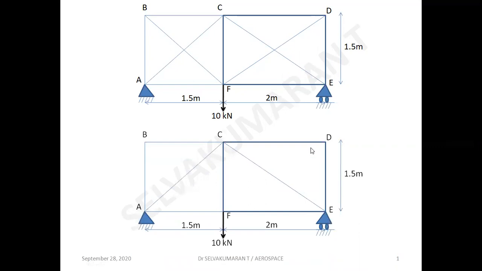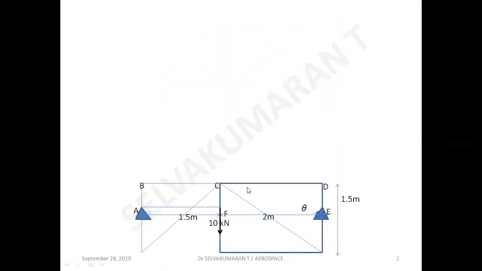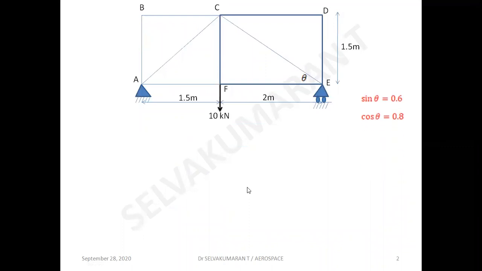So I have removed two members, BF and DF. Now the structure has become statically determinate. Now, for the given loading and for this structure, find the member forces and support reactions